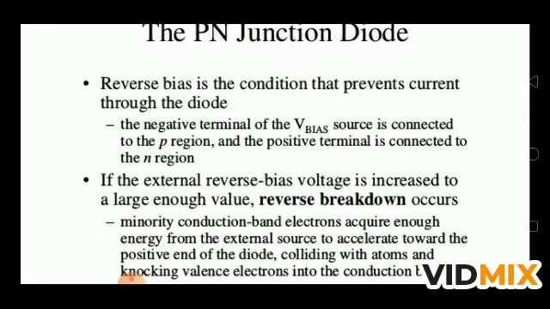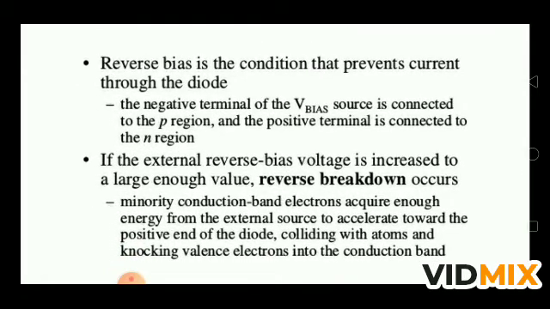So if the external reverse bias voltage is increased, अगर हम external reverse bias के voltage को बढ़ाते हैं, इतना बढ़ा देते हैं कि वहाँ पर एक रिवर्स ब्रेकडाउन हो जाए, यानी कि जो पोटेंशियल बैरियर है वो टूट जाए, तो माइनॉरिटी कैरियर जो हैं, पी टाइप में माइनॉरिटी कैरियर इलेक्ट्रॉन्स हैं, एन टाइप में माइनॉरिटी कैरियर होल्स हैं, उनका कंडक्शन शुरू हो जाएगा थ्रू द रीजन, and it is called reverse current. मीन्स जो मेजॉरिटी कैरियर है वो फॉरवर्ड बायस में करंट के लिए हेल्प करता है, और यहाँ पर मेजॉरिटी कैरियर डिप्लीशन रीजन से दूर जा रहा है, और डिप्लीशन को क्रॉस कौन कर रहा है? माइनॉरिटी कैरियर। तो there is very less amount of current, and we can say also the reverse current is there.